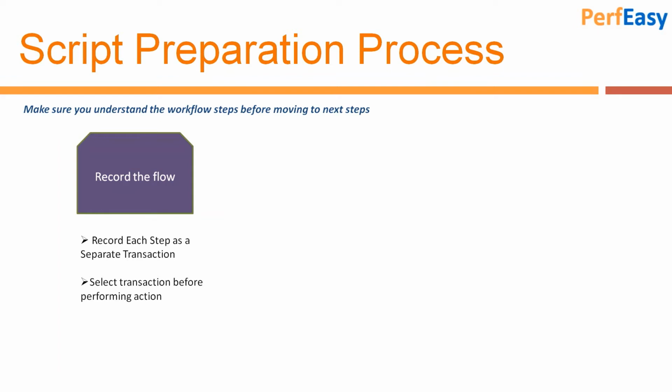If you are using JMeter, LoadRunner, Neoload, or StressSimulate, make sure you create separate transactions for each step, or for each page, so that we know which page sent which request. So there is no ambiguity and no complexity after we complete the recording, and we need not sort through the script to find which request is for which page.